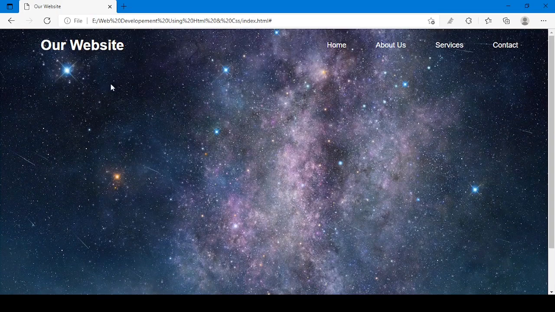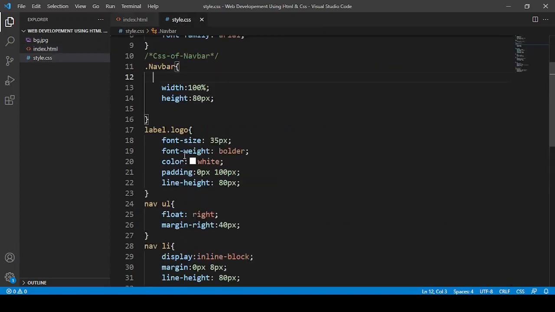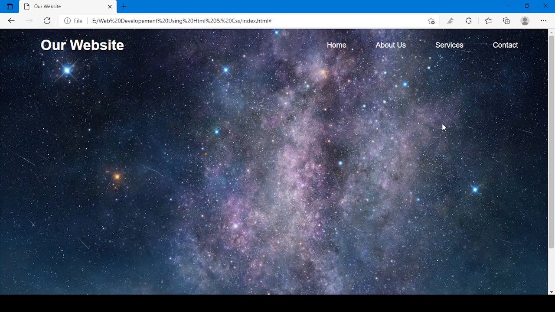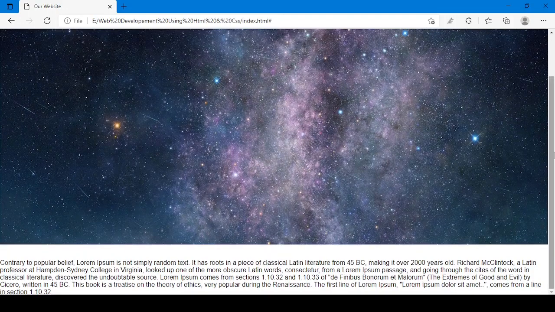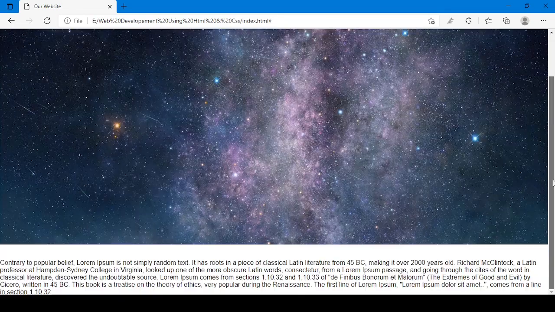When you put a background image in this navbar and set its height as 100vh, you cannot make that navbar sticky, because now we have done a union of two main elements, this background image and this navbar.